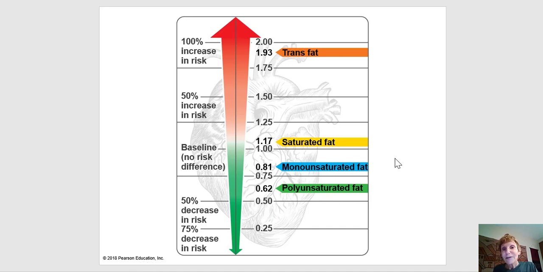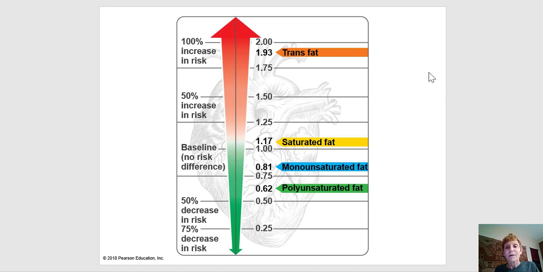Now, if you elevate your monounsaturated fats over a normal person's with no risk, it actually decreases. As you can see here, it's down to 0.81 compared to 1. That means there's a 19% decrease in your risk of heart disease if you add more monounsaturated fats to your diet. And it's even better for polyunsaturated fats. It's down to 0.62. So there's a 38% decreased risk over a normal healthy diet if you add more polyunsaturated